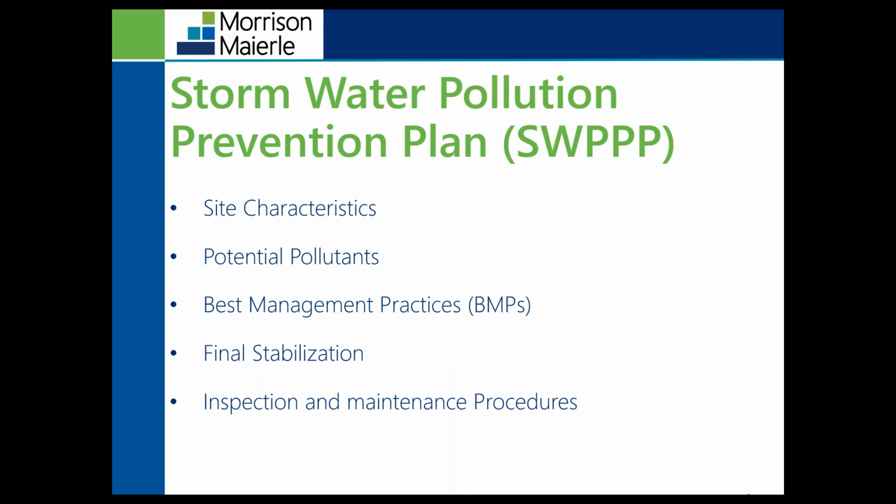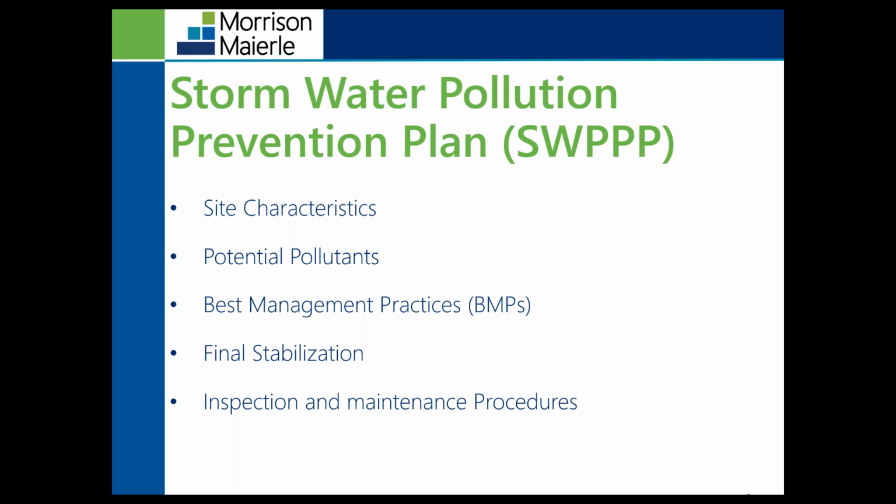So as part of this permit, I said that it needs to regulate the pollutants discharging from your site. So when you are submitting this application for this permit, you're going to have to develop a stormwater pollution prevention plan, or a SWPPP. And the SWPPP is a document that must be developed and implemented in accordance with good engineering, selection, and design, hydraulic principles, and pollution control practices to minimize and control pollutants in stormwater associated with construction activity.